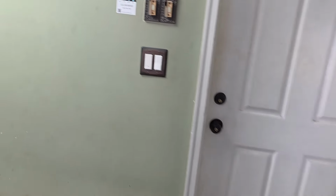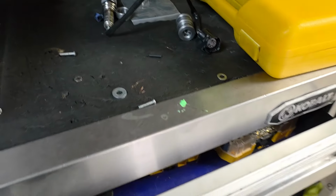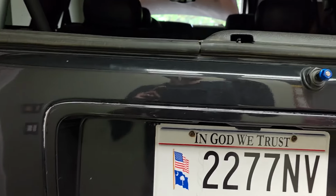Moment of truth on mine. Does it run now? That's what I want to know. Does it run? So let's find out here. Let me roll out. Because if it ain't this, I don't know. There's my old one right there. So let's get power to the...